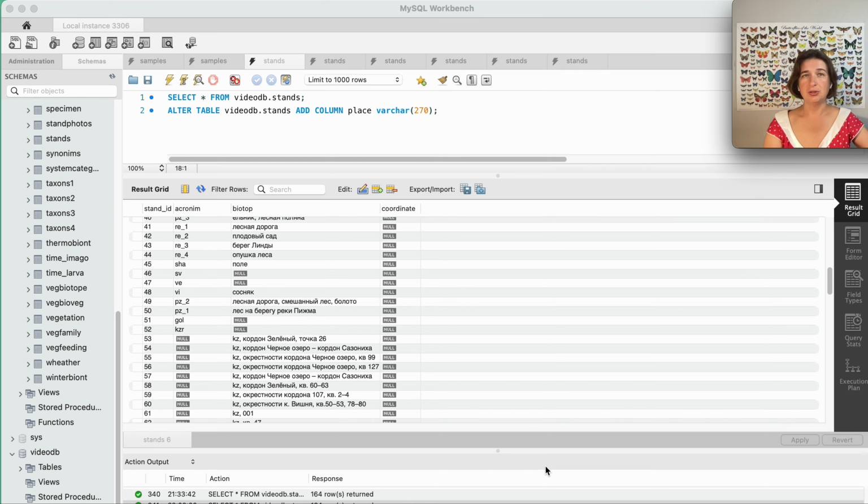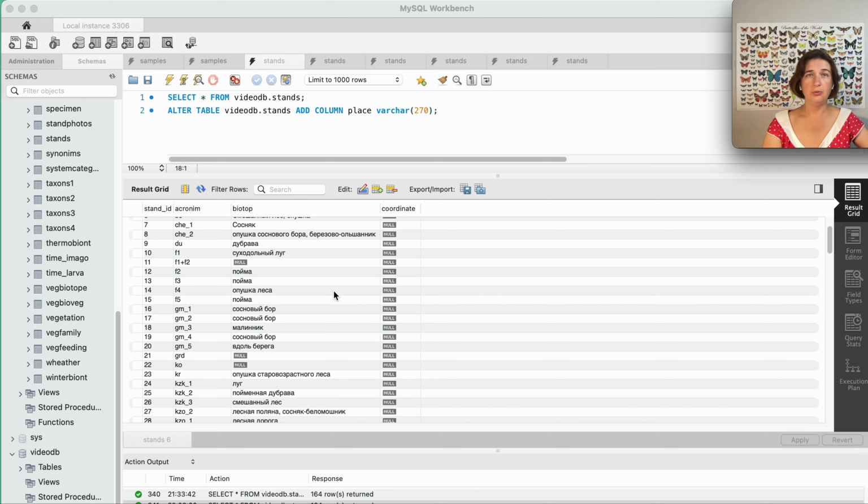This description should contain a listing of the places where I caught these species. But the stands table with the description of caught species was not completely filled. Look here.